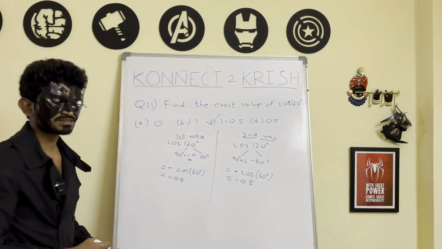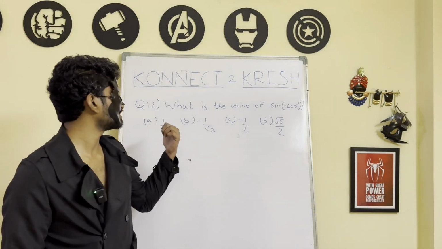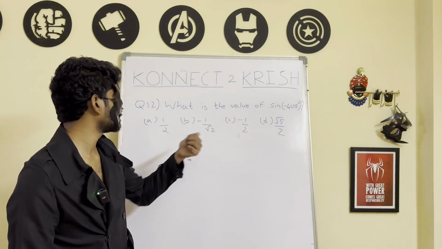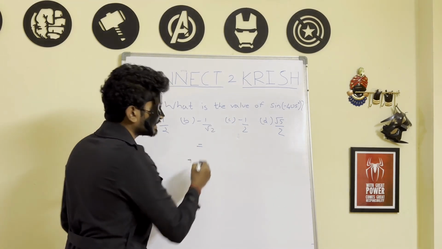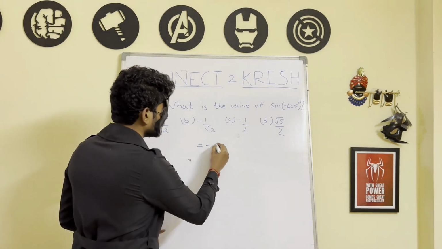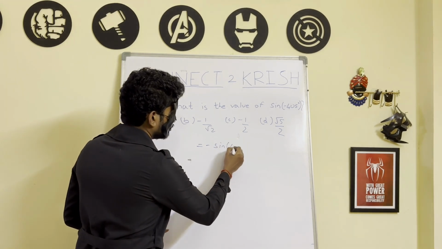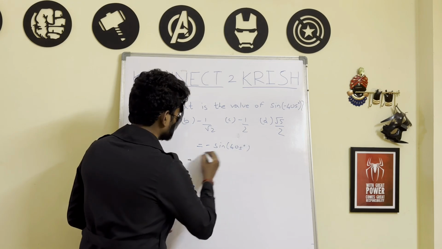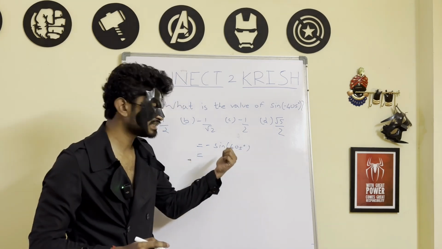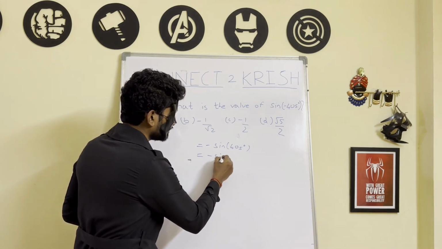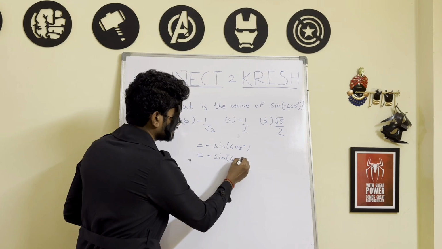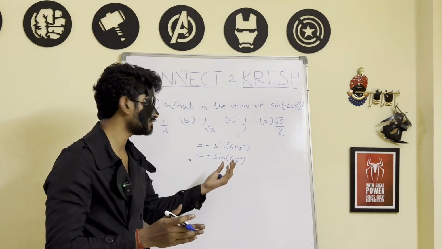So answer is minus 0.5. So superhumans, next question is what is the value of sine minus 405 degrees? Sine of a negative value is nothing but minus sine of 405. 405 degrees you can write as 360 plus 45 degrees. So this is nothing but minus sine 45, because sine of 360 plus something